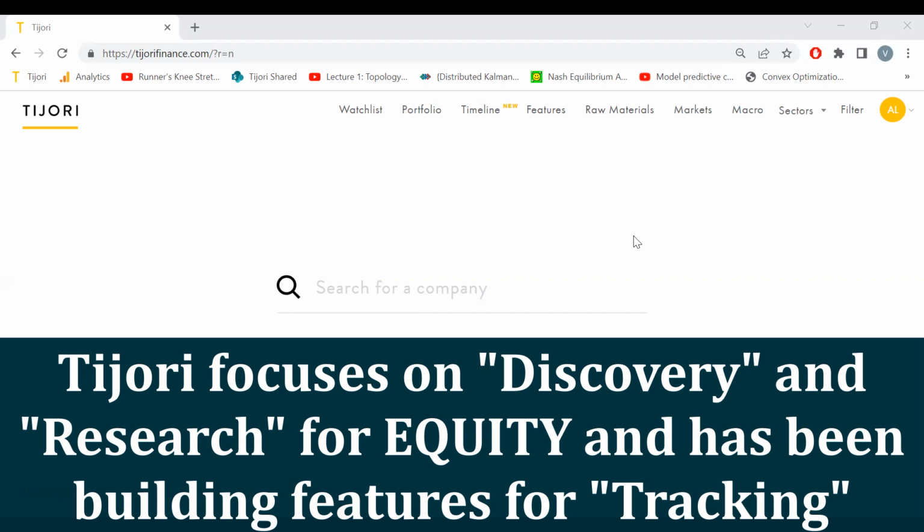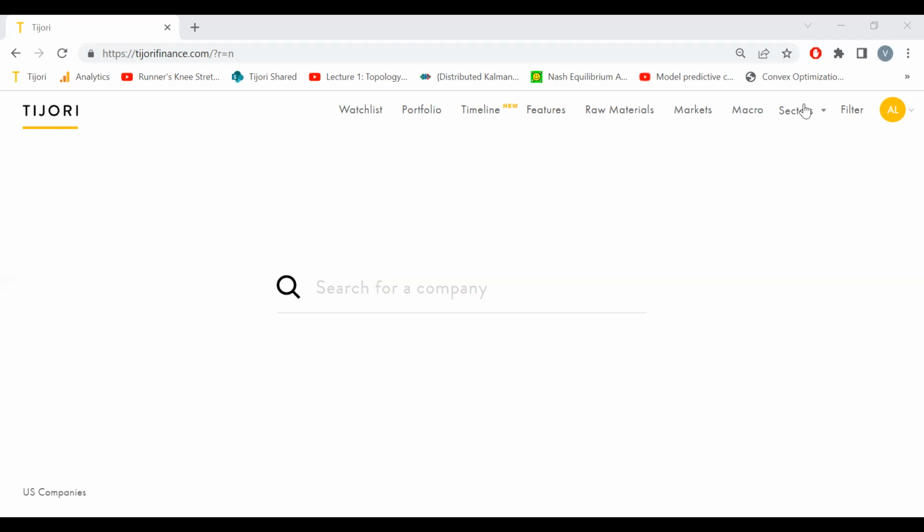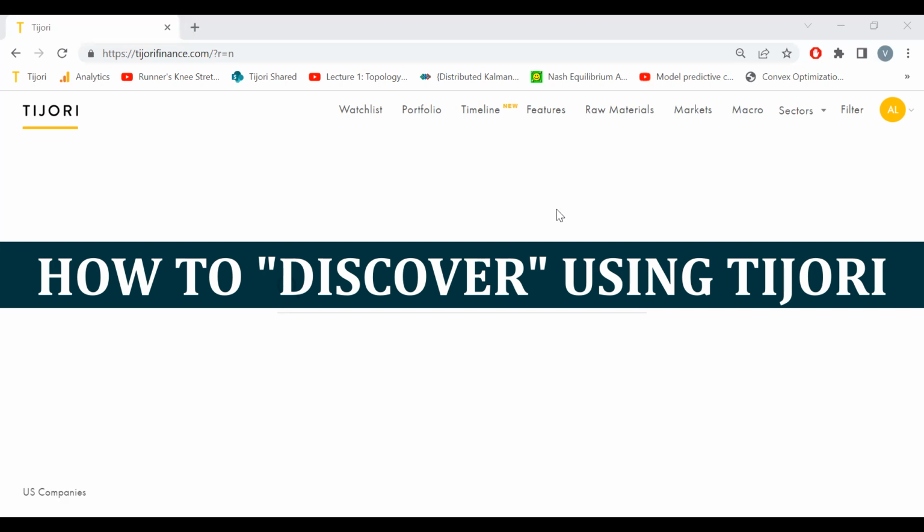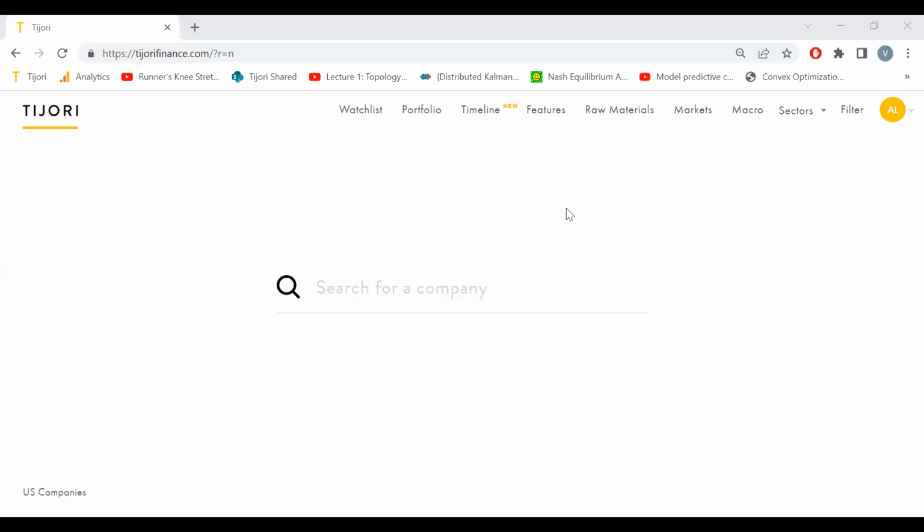Okay. So the first step, I guess, is, when you say discovery, how do you exactly discover companies? Right. So there are many ways. And when I try to explain how you actually go about it, you'll see maybe some features which are there in other websites, and there are some features which might be unique to Tijori. And so that'll give a proper flow and proper understanding of where we stand.